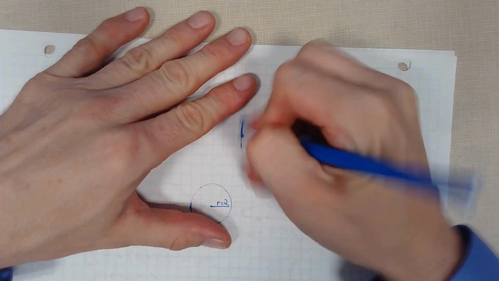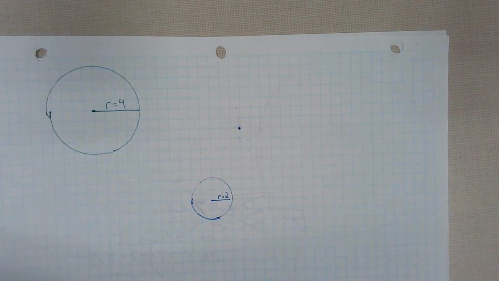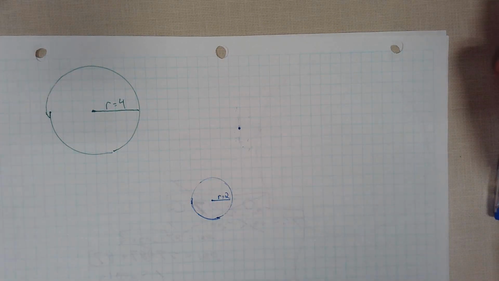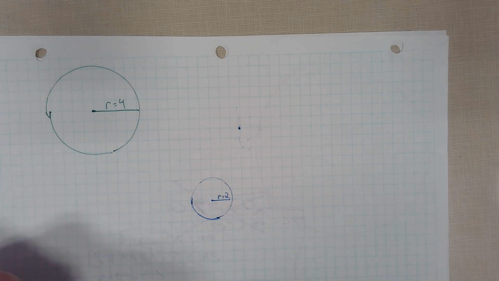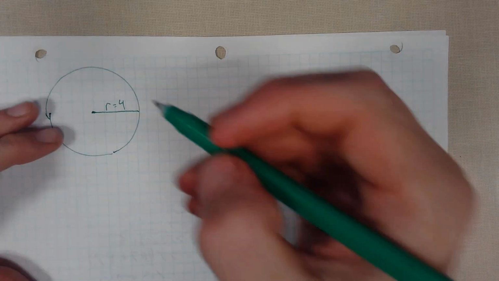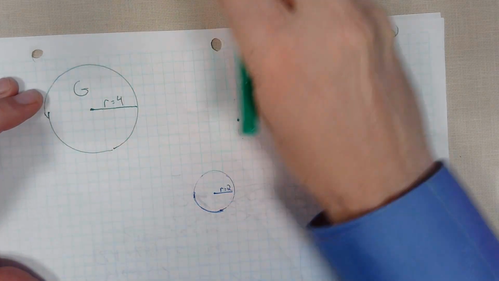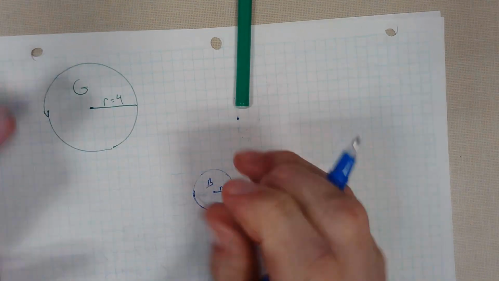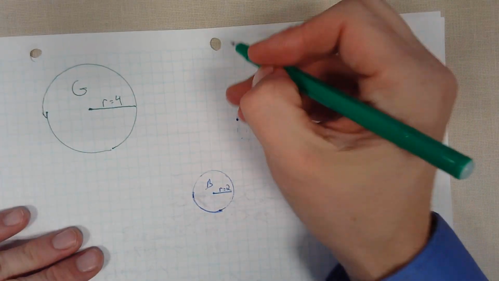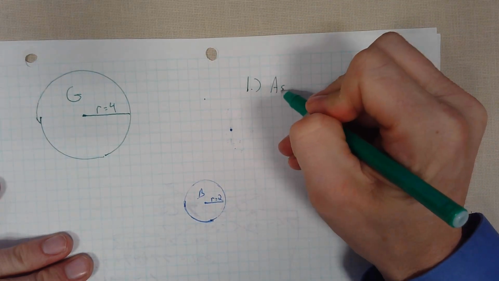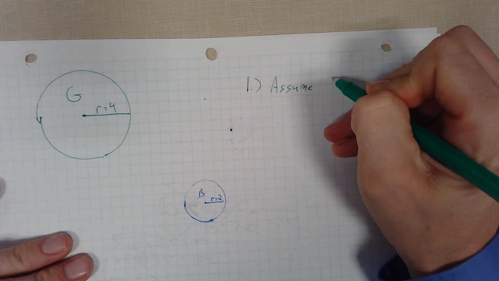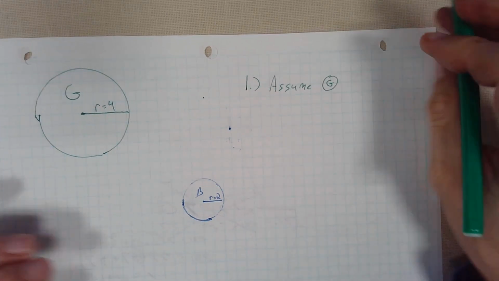First I have to say that I'm going to assume that we'll solve the circle G, and we'll call the circle B because it's circle blue and circle green. Step 1, we're going to assume that circle green is not